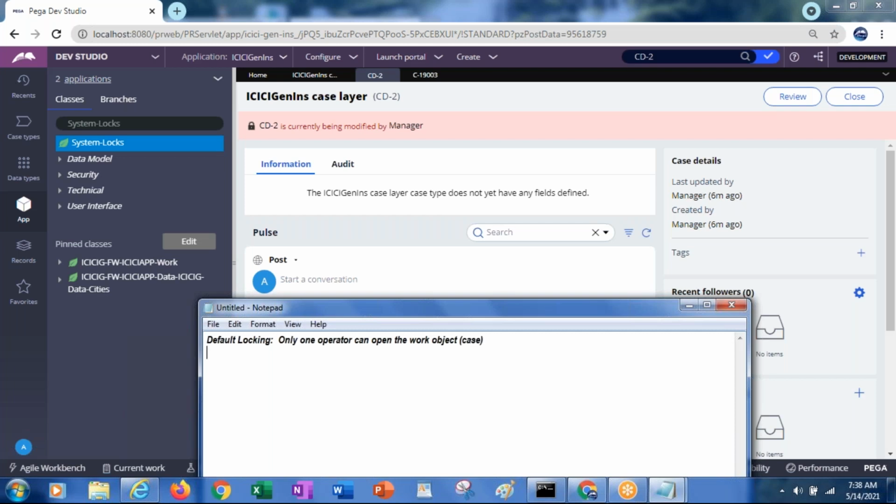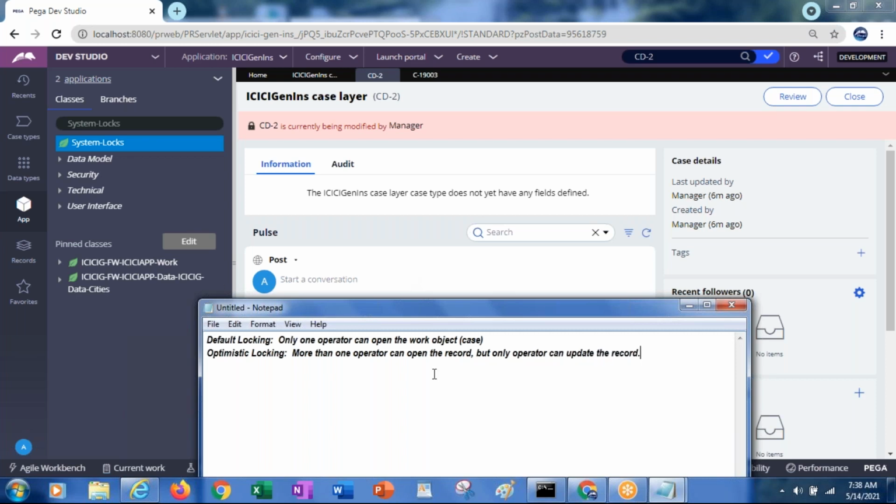Whereas optimistic locking means more than one operator can open the record, but only one operator can update the record.